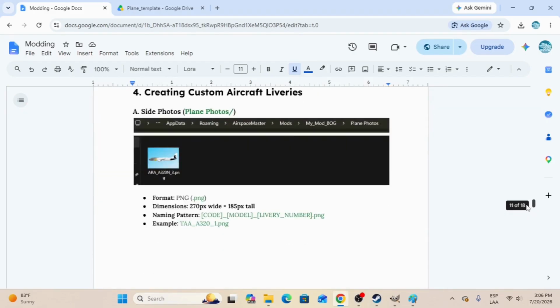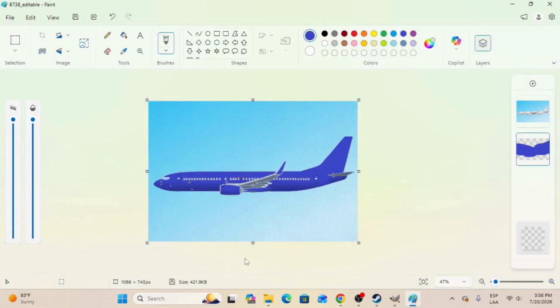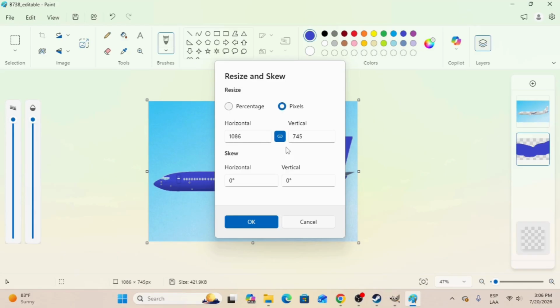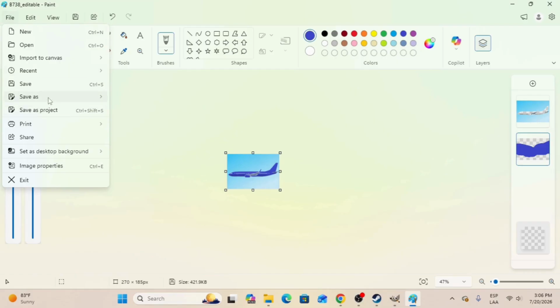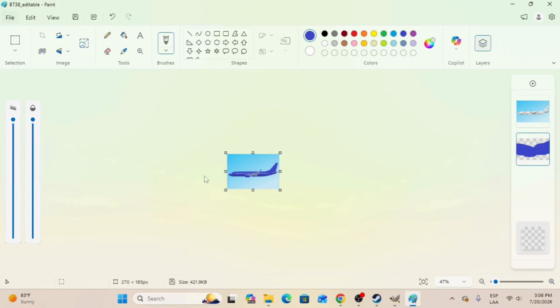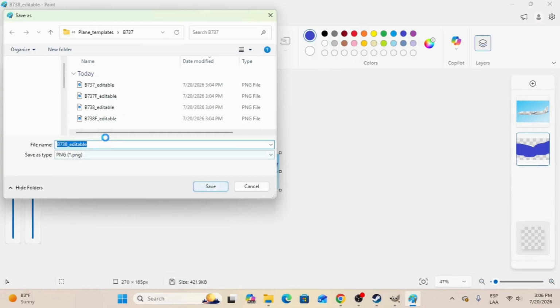Now, to save the aircraft library file for the side view picture, we see it has a specific naming and size format. So if you go with the sizing here on Paint, we press Ctrl plus W, and here we can resize the image to what is specified in the document. So we do that, and now to save it as a PNG image,